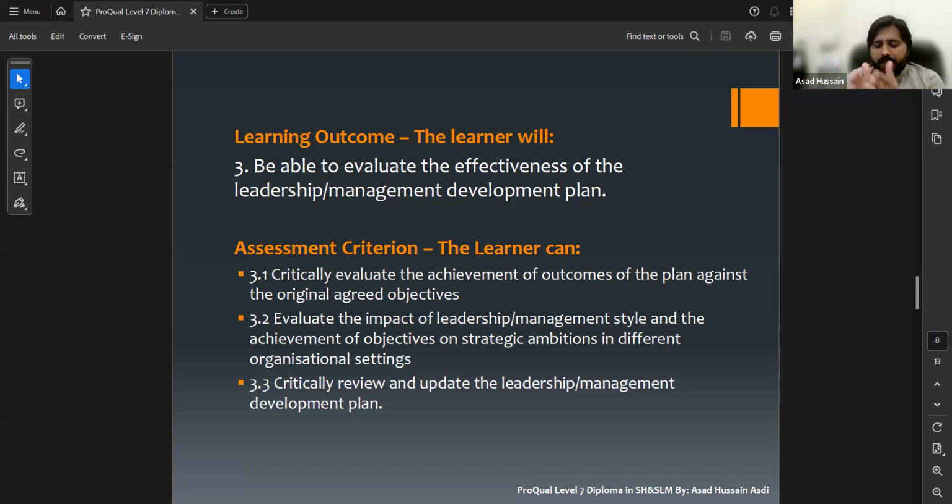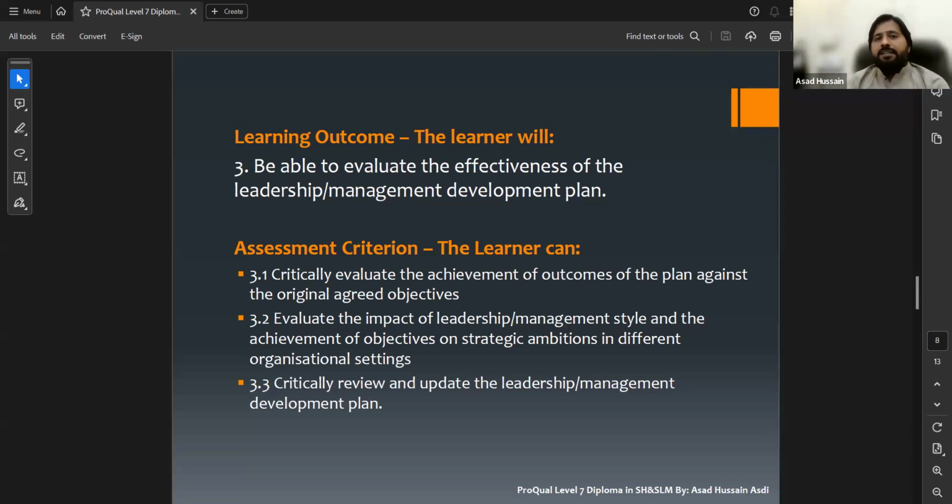So it is important that, still, in your own organization, the development plan is enough, the development plan is effective. You still need to check whether this style of leadership and management will help to achieve the objectives or strategic ambitions in different organizational settings.